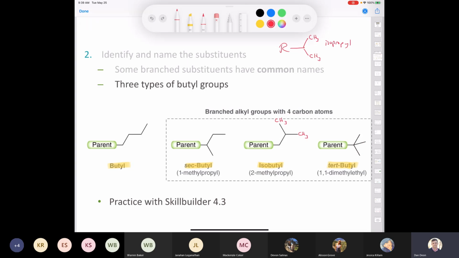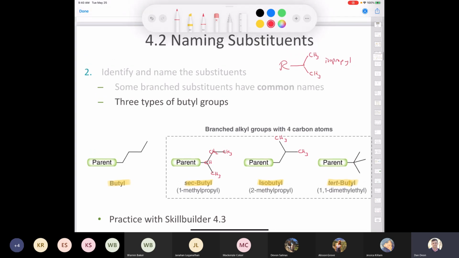For secondary, I think of second, I think of the number 2. So the first carbon that comes off has 2 carbons directly attached to it. You've got this CH3 here, you've got this CH2, you've got this CH3 there. So again, whatever you have to use to memorize these, if it's flashcards, if it's just practicing them over and over and over, you've got to know, listen very carefully,